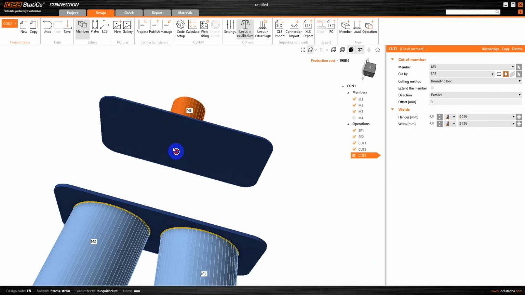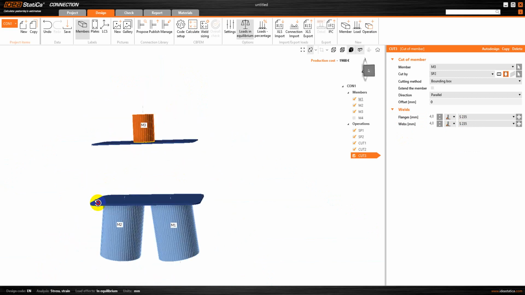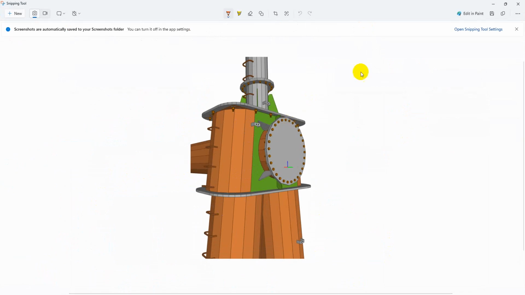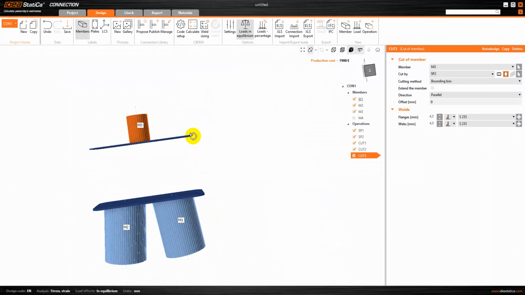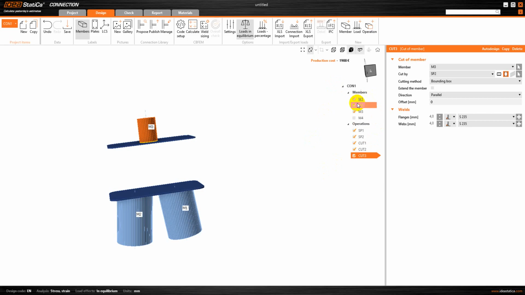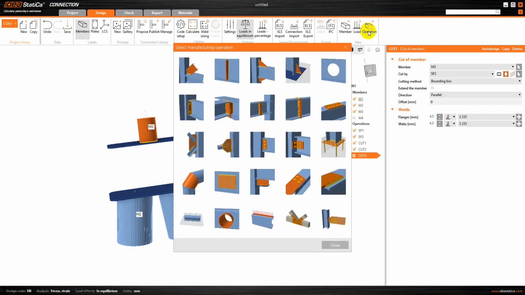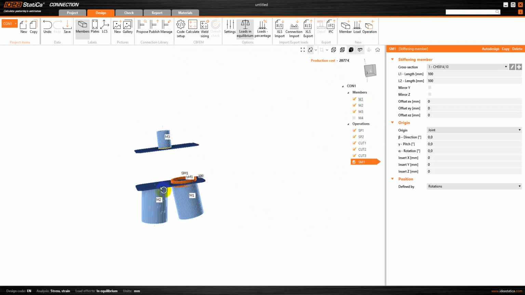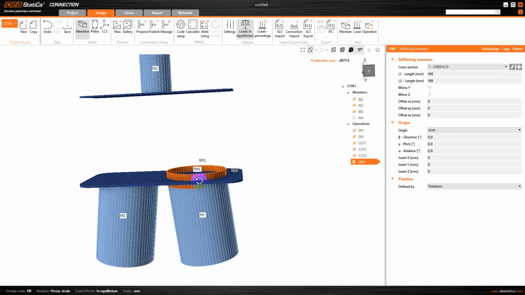Now we are welding only on outside, and then after that we have to put these two members on the both side. So for that we are not going to use the member, we are going to use operation, and then we will use the stiffening member. Always remember to do this, because if you don't do this then it's going to be difficult to do cut operations. So this is the most important part. So stiffening member 1, and it has the same dimensions. So length, let me do 1300,